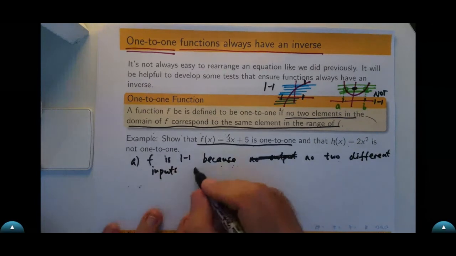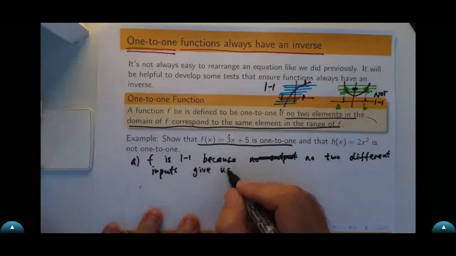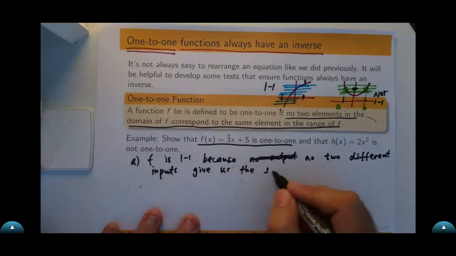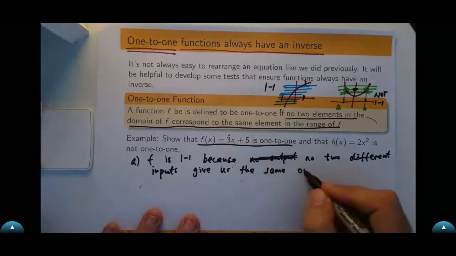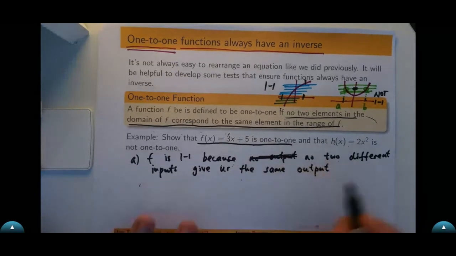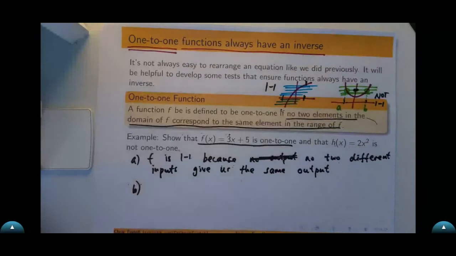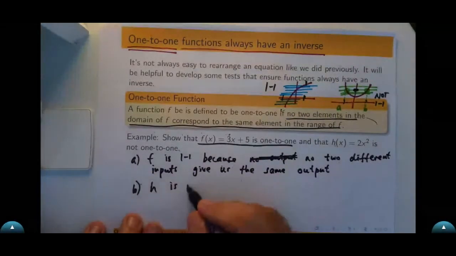So no two different inputs give us the same output. So that's a way of just putting it into words. We'll find a pretty easy test for this. And h of x